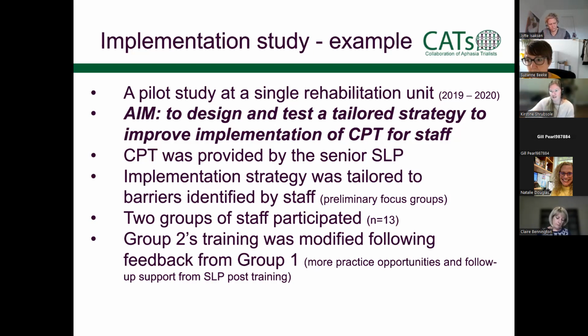So we did try and go around the circle, and we had planned to do it another time, but COVID came along and everything was really, really hard. So we only did 2. It was a big effort. And you can see it was a small sample size. We had 13 multidisciplinary staff, but it was 2 groups, and I think it was about 6 months in between.